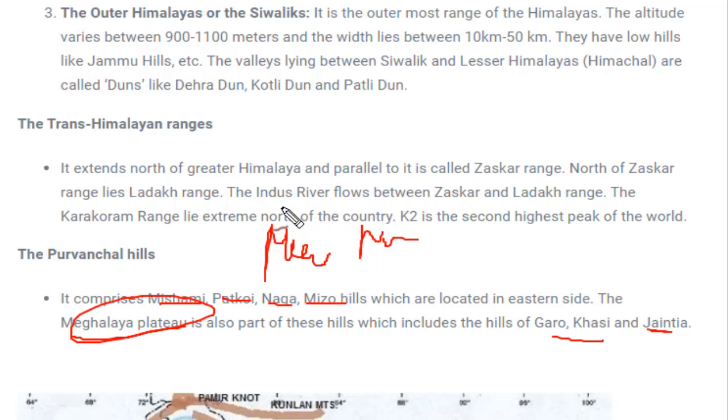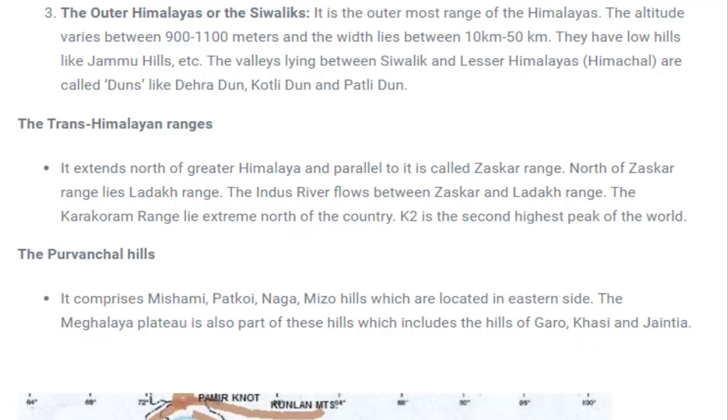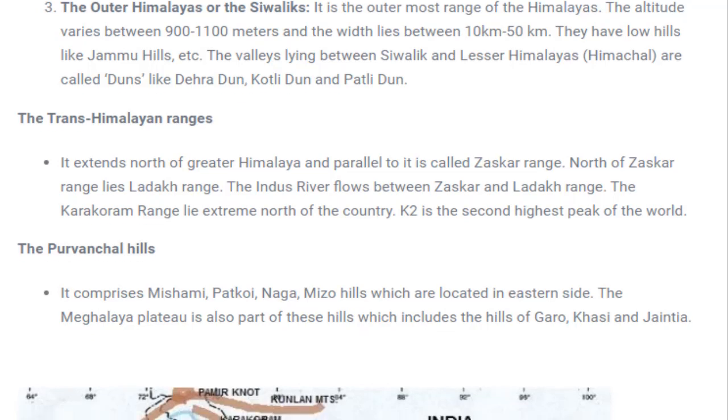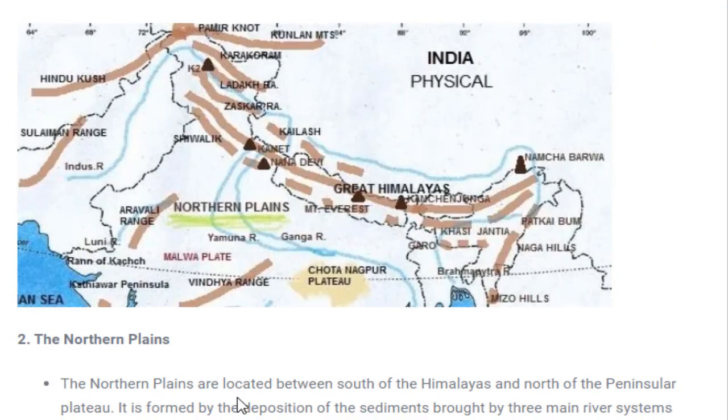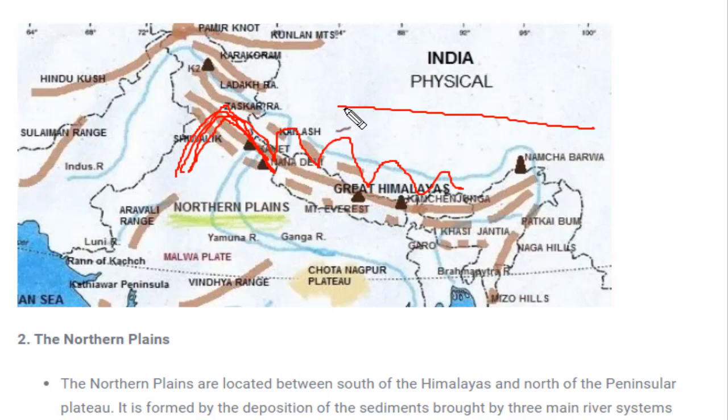So this was all about the northern Himalayas. Now moving to the next significant feature, that is the northern plain. What do we understand by plain? Plain, by the name itself is clear, is a land surface which is plain in nature. Plain means smooth landform. In case of a mountain, the landform has a significant altitude and is formed in a V shape, something like this. So these would be mountains, and the land over here would not be even, but in case of plains the land would be very even. So this is called plain.